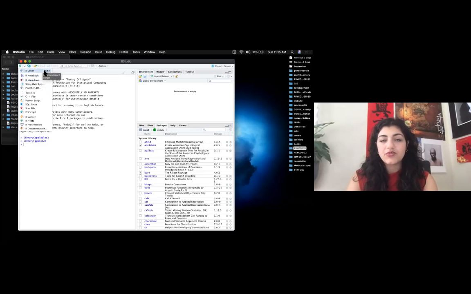R script will be sort of like the syntax that you use in SPSS. So if I'm writing R code, I can use R script to run R code and just play around with